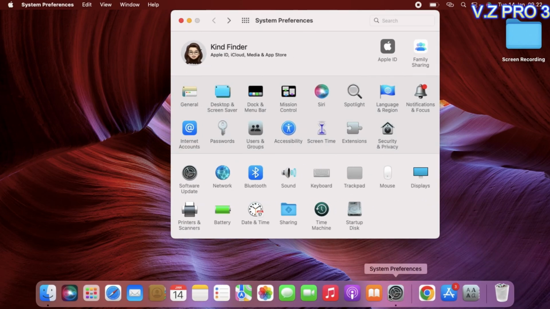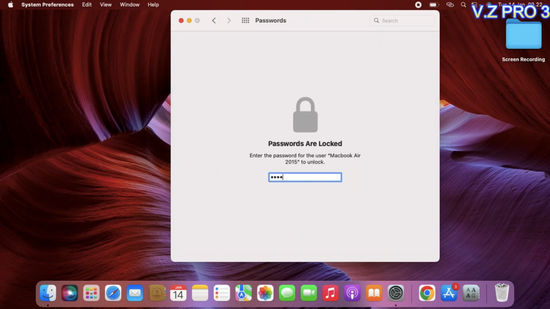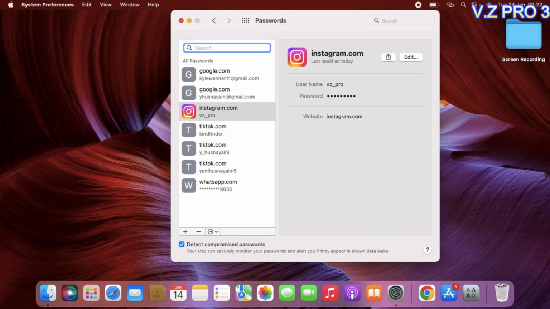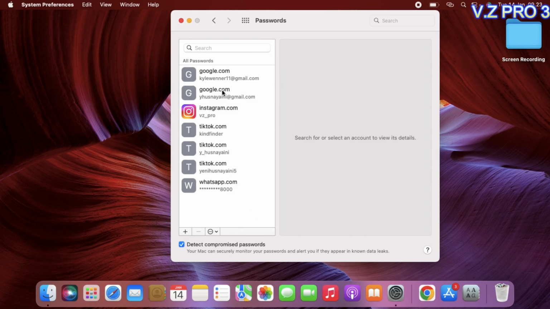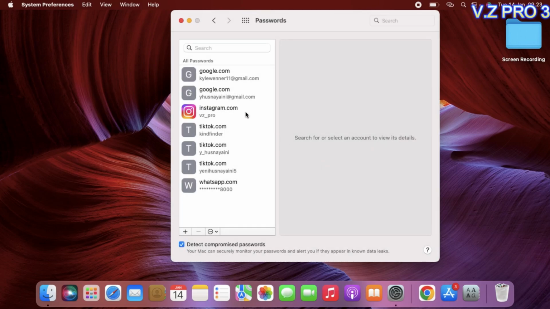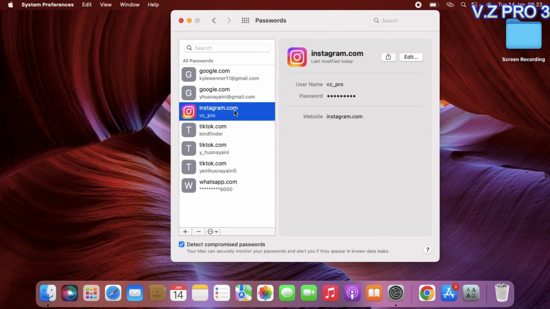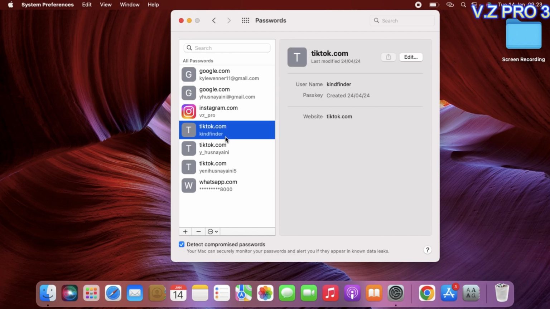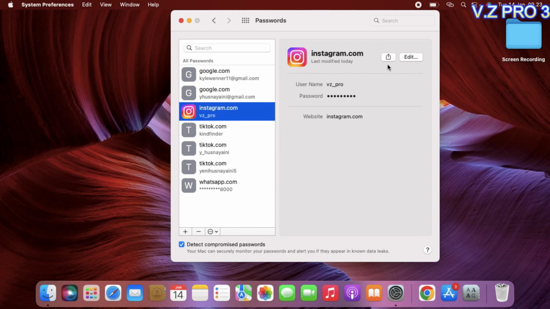You can open your System Preferences and go to Passwords. You can enter your MacBook password. From here, you can just choose the account that you want to delete from this password manager. Now, for the example, I will just try to delete this one, remove this account. To delete, you can just click on here,